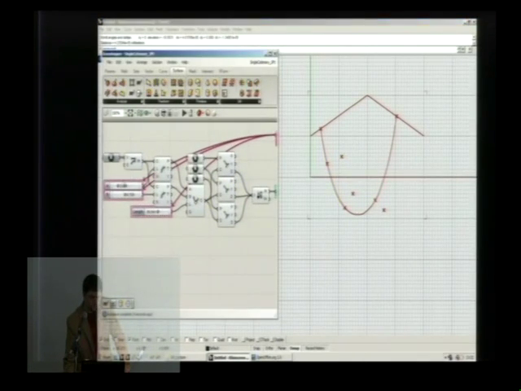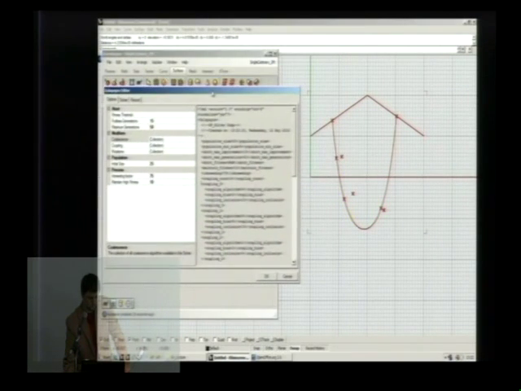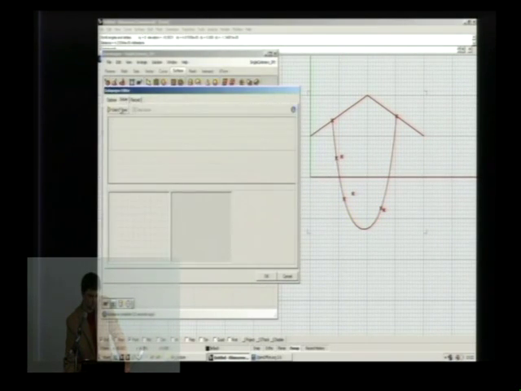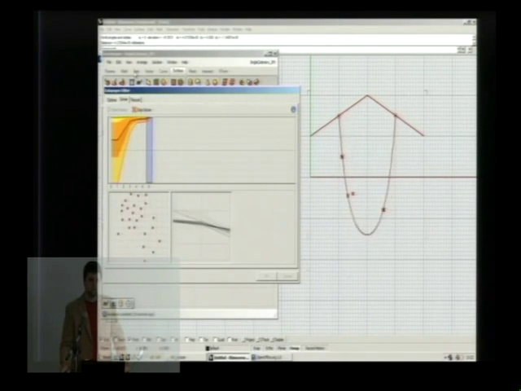Now I have 3 sliders here. One which controls the left point of the catenary, one which controls the right point, and the third one which controls the length of this chain. And I wanted to hit all 3 points at the same time. So this is a bit more complicated here. It should probably take longer to solve, but the principle is the same. It just generates random points, it picks the best ones, and elaborates on those.